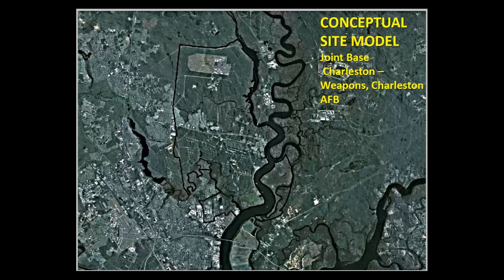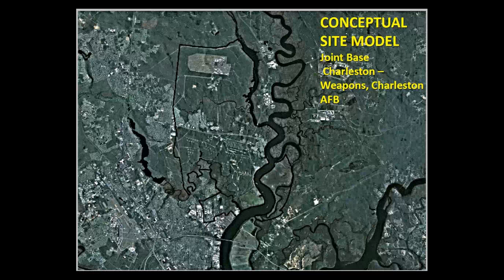So, parts of this base have been in operation since World War I. This was an old Army base during World War I, and it's expanded. During the Cold War, there was a Polaris missile base here and stuff like that. A lot of that's been closed down. A lot of munitions, though, are shipped from here or into or out of and stored, and there's a lot of material that gets shipped in here.